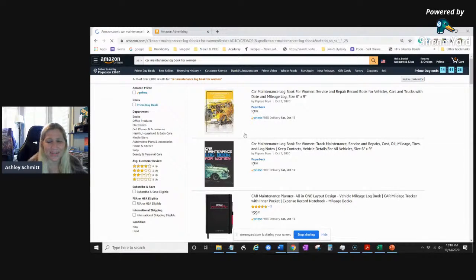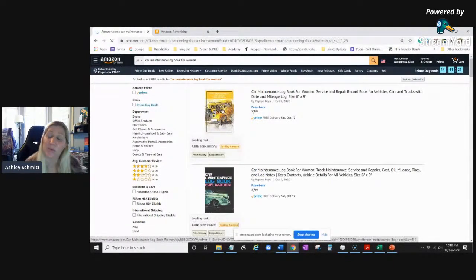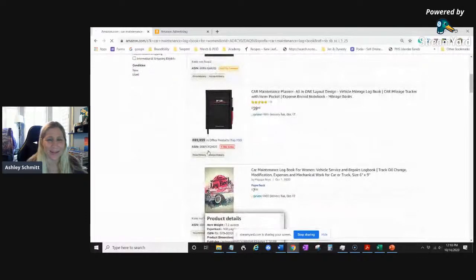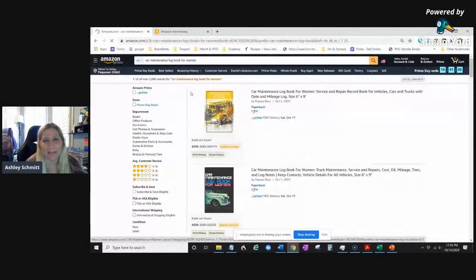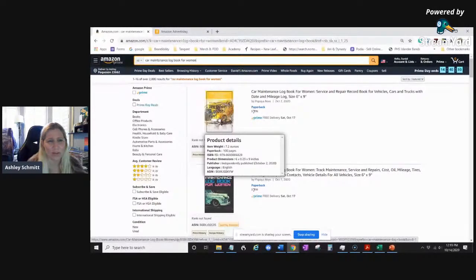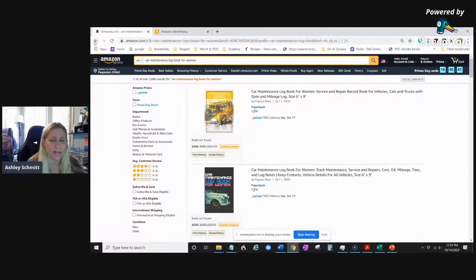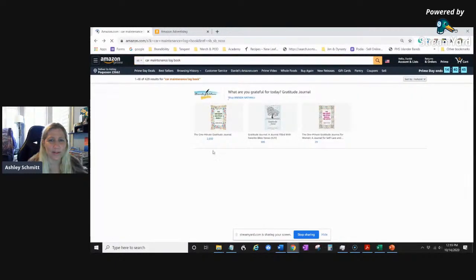I was looking through here and the sales ranks are very low. So maybe women don't buy car maintenance logbooks. Well, that I guess should tell you that maybe you shouldn't have made that car maintenance logbook in the first place if you'd done your research. There's this one, but this is not a KDP type book. The rest are not selling that I could really find. So maybe that's not the thing you want to go for. But that's my point: if you're finding a certain niche that you're looking for and you want to be on that first page, that's what I try and do with these manual ads. And then my goal is to get on the also bought page, to get on that sponsors, and to get,